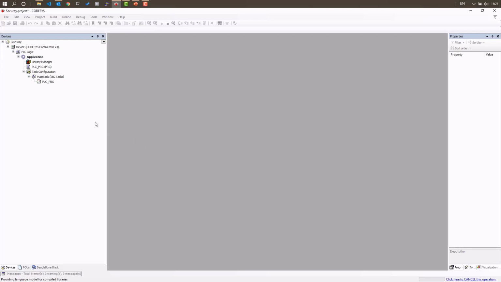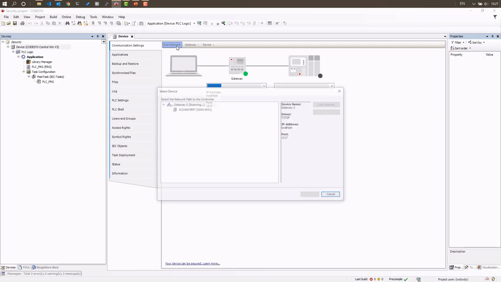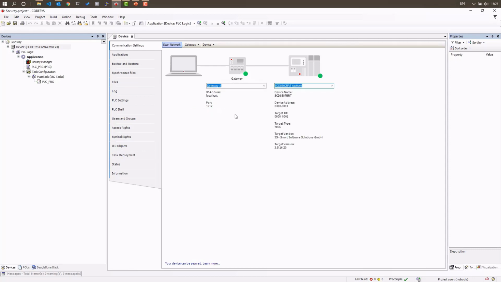Once the project is created, we'll double click on the device so that we can connect to the device by scanning the network. You can see the device is present, and we can double click on it to make it the active device. Once the device is identified and we are connected to it, we will go to the device,